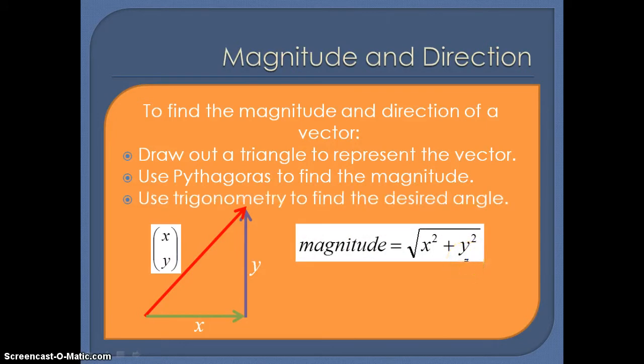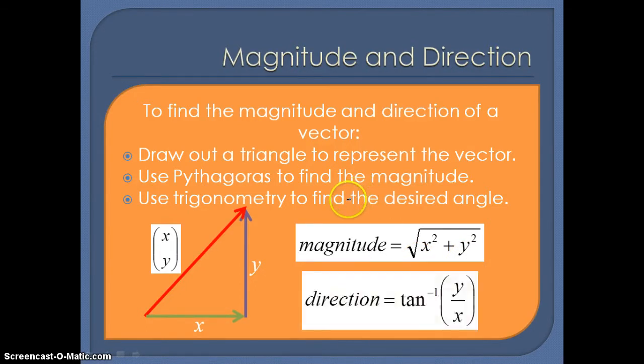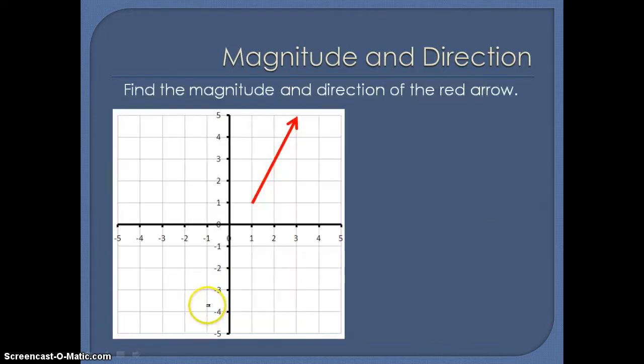And we can use trigonometry to find a desired angle. So our angle would be tan to the minus 1 of y over x. That would give us the angle being marked on in the diagram there. So if we try that for an actual vector, here we've got the red arrow, and we're going to try and find the magnitude and direction of the red arrow. So if we consider making this into a triangle,